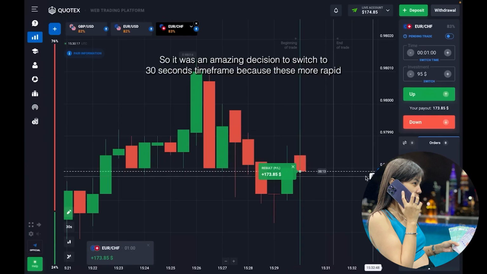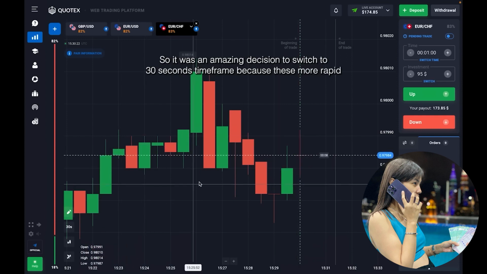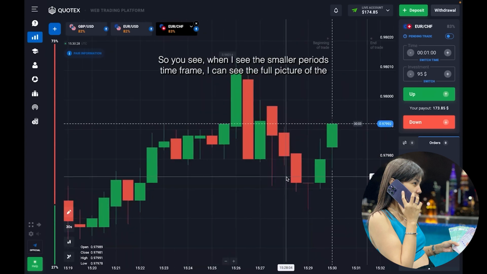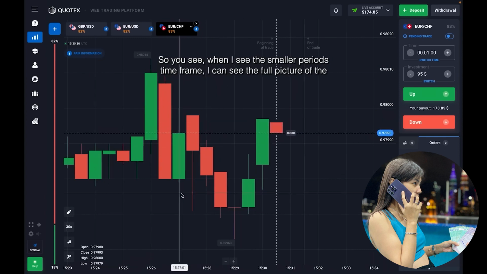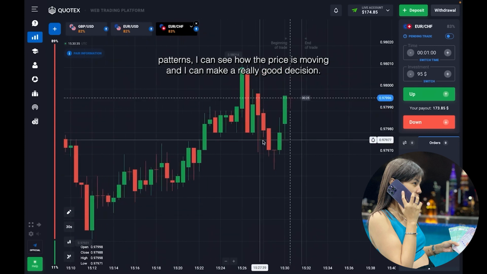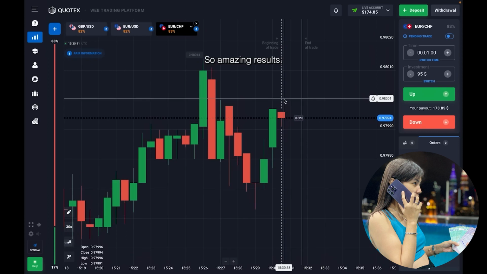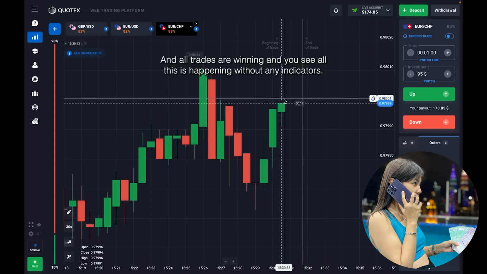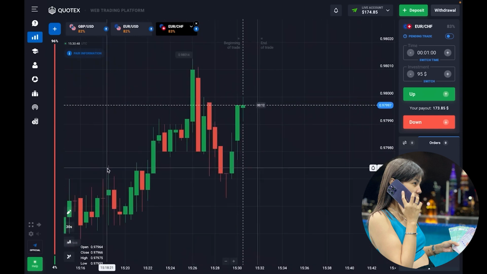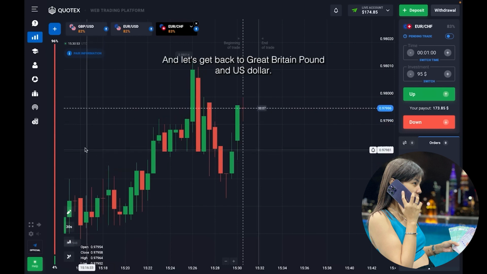You see this profit, and it was an amazing decision to switch to the 30 seconds time frame, because these more rapid candles allow me to make more precise decisions. So you see, when I use the smaller time frame, I can see the full picture of the patterns, and I can see how the price is moving, and I can make really good decisions. So we can make a really amazing result, and all trades are winning, and you see that all this is happening without any indicators. We just need to follow the rules of technical analysis,